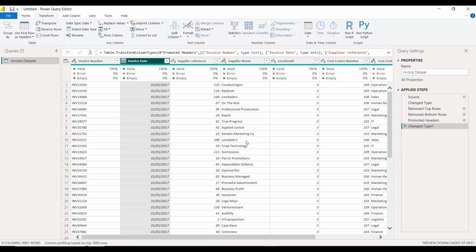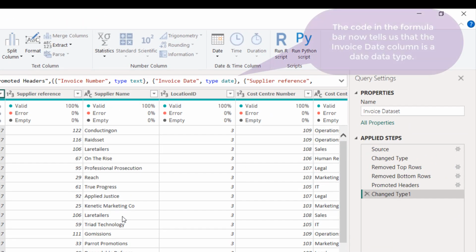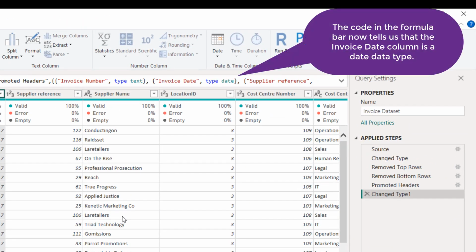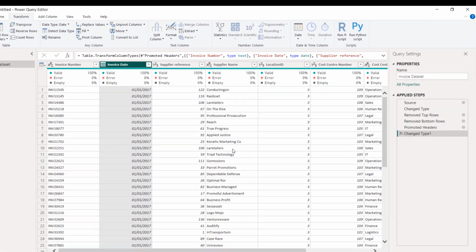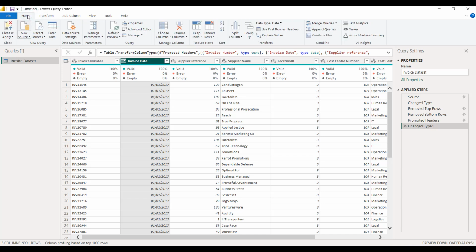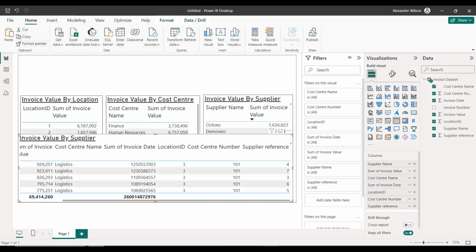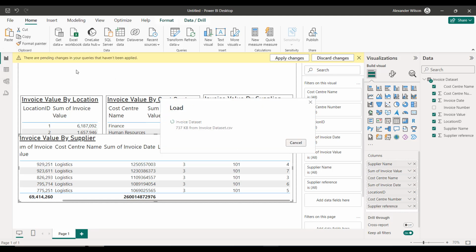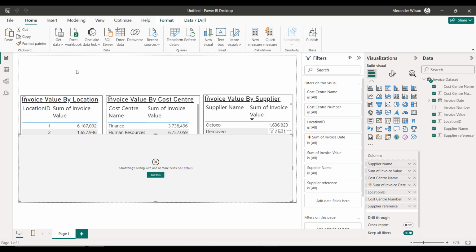Right, that's the job done. We can now see this column is formatted as a date instead of just numbers. Let's see the effect of our little switch in the report view. Something interesting here.